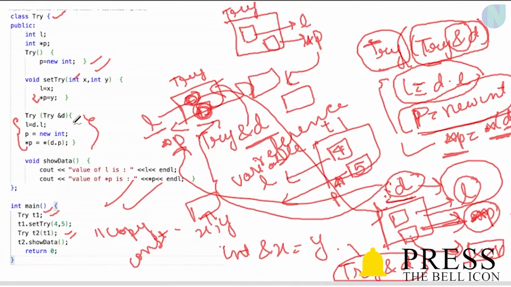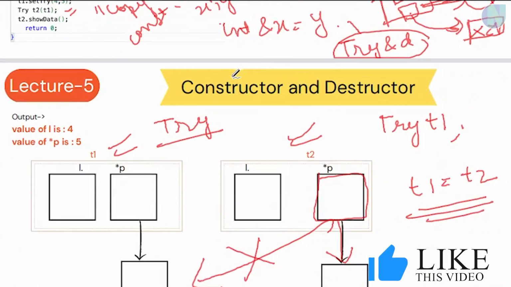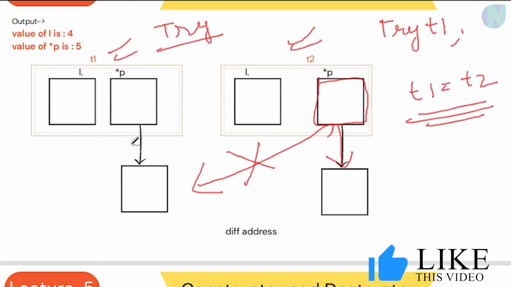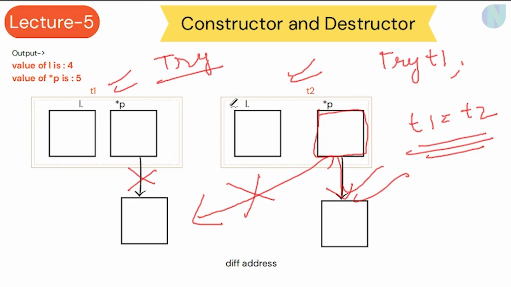at the time of declaring the copy constructor we have already written p is equal to new int and star p is equal to star d dot p. So they both would be pointing to different memory addresses. So if we want to delete this p now, this p would be safe. So the shallow copy is something which we won't be using, and deep copy is something which comes into the picture. So this was all about shallow copy